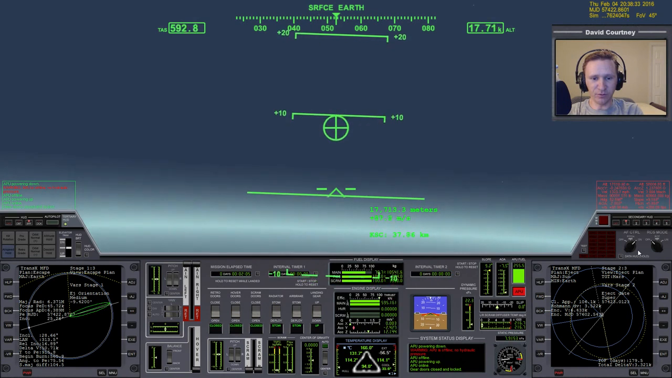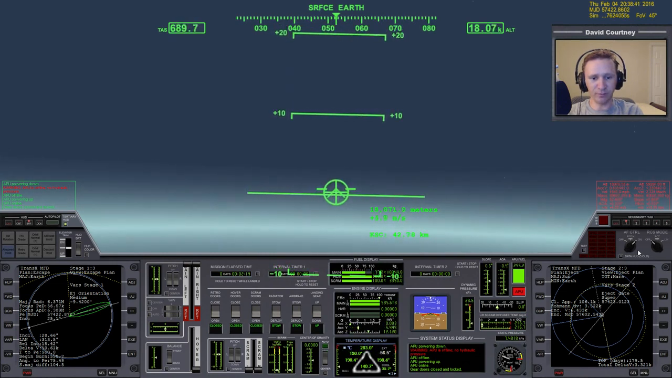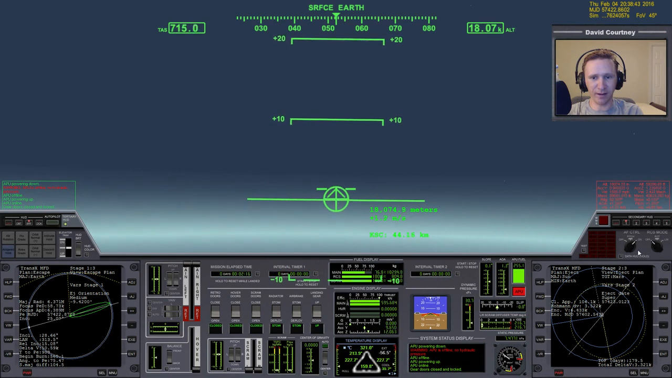But if you don't use your scram fuel, then it's a total waste to even carry it in the first place. And you want to use your scram fuel so that you can save the main. Okay, we're at about close to 20 kilometers. It's not bad. So once we reach Mach 3,